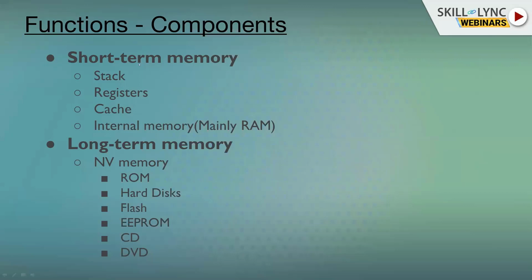If you see, stack is a kind of memory where you can store data. The first data you store, you can only access after removing all the subsequent data. So that is one type of memory, stack. Registers are normally built using random access memory. You can access any location anytime. So that is registers.